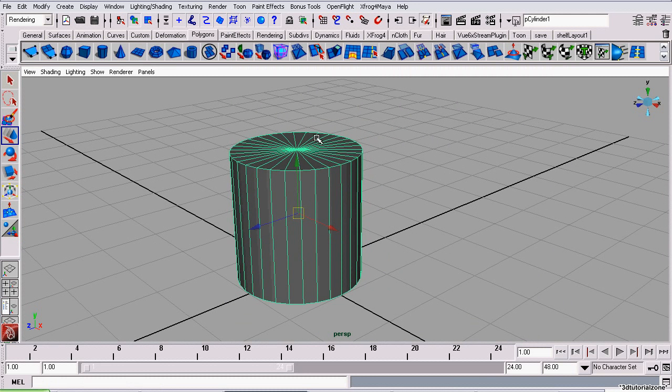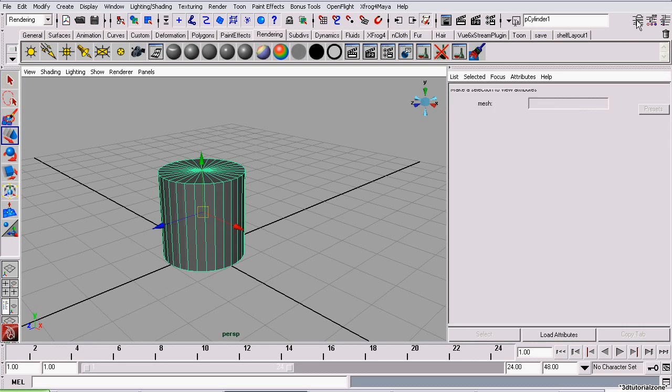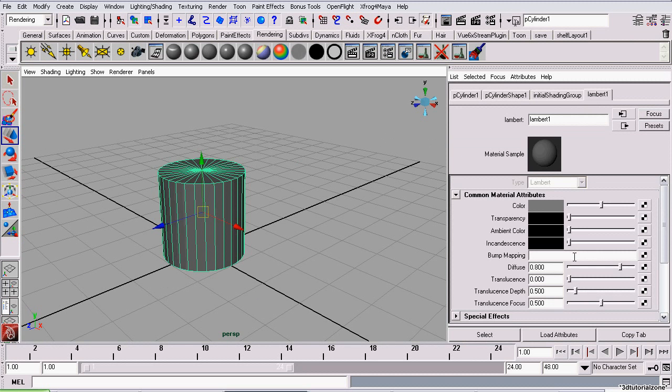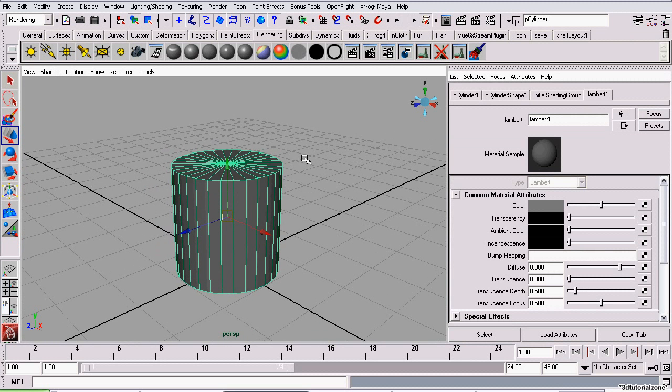Going to select your model and assign a new material to it, unless it already has a unique material. Right now our model is assigned with Lambert 1, which is the default material, and if we were to work with this material, all the other objects that would be assigned with Lambert 1 would have the texture on it, and normally this is undesirable. So I'm just going to create another Lambert. Now I'm going to click on this little checkerboard here